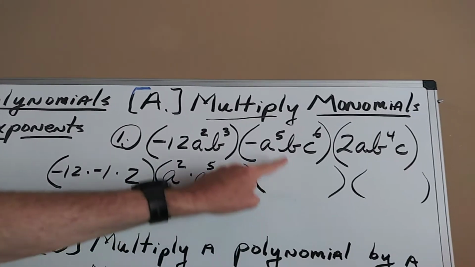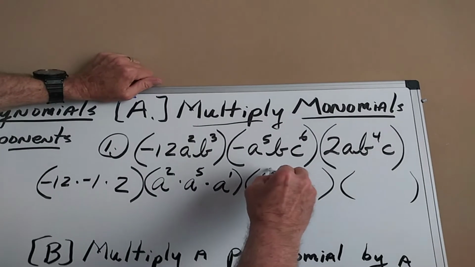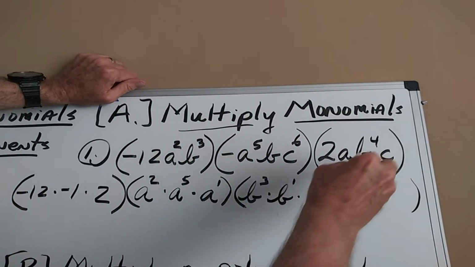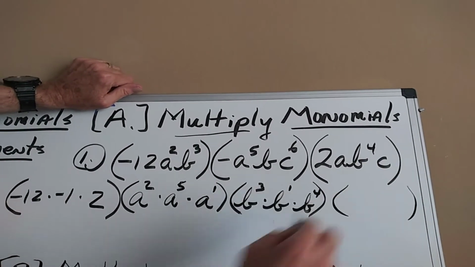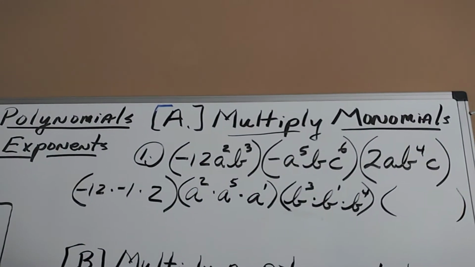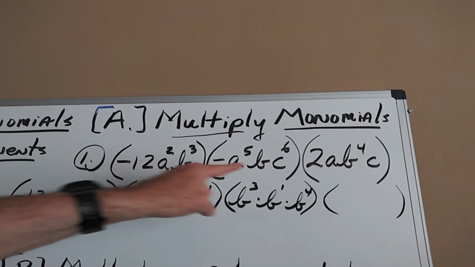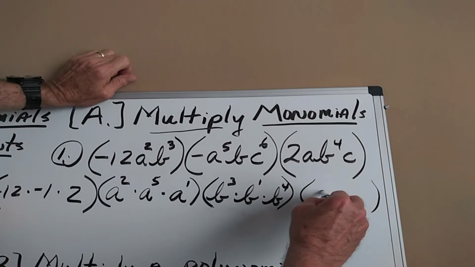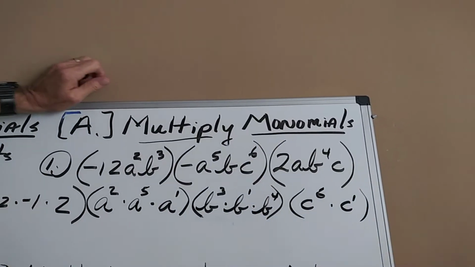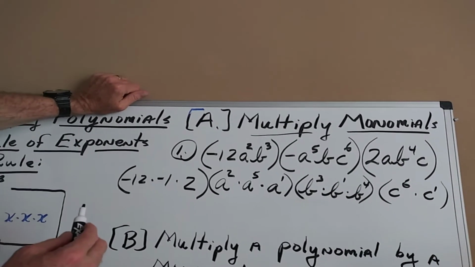The third house is going to be for the powers of B. B cubed times B to the 1 times B to the fourth. And house number four will be for the powers of C. We don't have any powers of C in the first monomial factor, but we've got C to the sixth times C to the first. And now we'll come down and we'll write our answer,